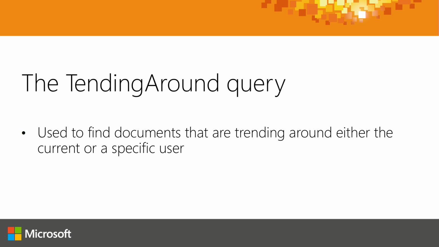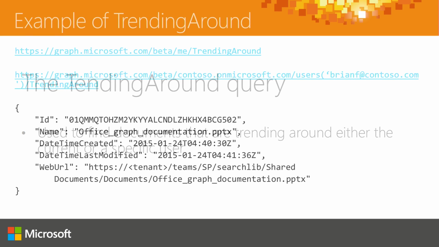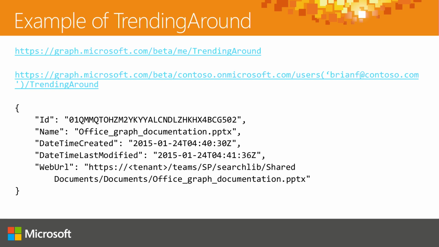So show me all the PowerPoint documents that are trending around Aaron, for example. What that looks like, so all of the APIs are REST-based APIs, so I can fire REST URLs in there, make queries and get my data back out. The data is returned as JSON objects. So you can see here the two URLs at the top, and again, ignore the beta parts of the URLs because they've now changed now that we've gone public. But you can see where I can say /me /trending around to find the things that are trending around the